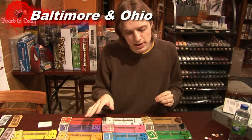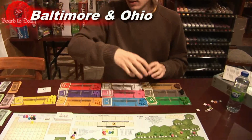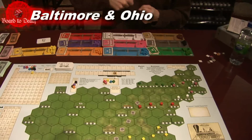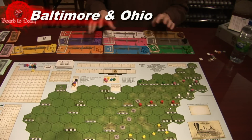And then certain companies do seem to have an advantage. Companies that can pick up coal easily. I'm thinking of Pennsylvania specifically, although Chesapeake and Ohio can pull it off too. They can make money really fast and just become unstoppable powerhouses if you don't play the financial and stock elements